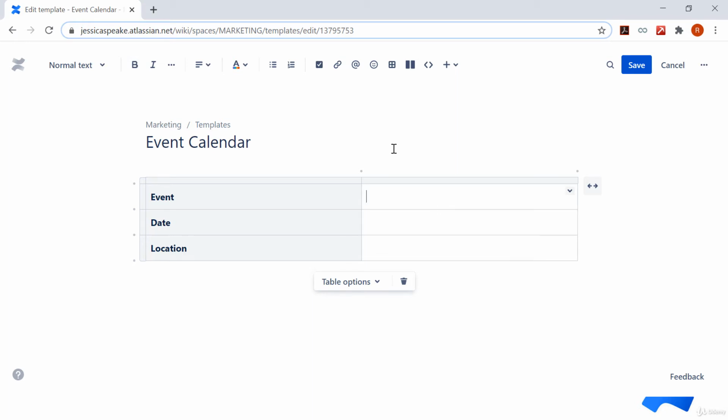Okay, so variables can help you introduce data entry into a template, which makes sure not only the layout is organized but the content as well. So let me insert a variable over here. In order to insert a variable, as I mentioned, place your cursor at the location you want to insert a variable. So I want to insert a variable against event. So let me select new variable. I can edit the same by clicking on this and select the edit option.